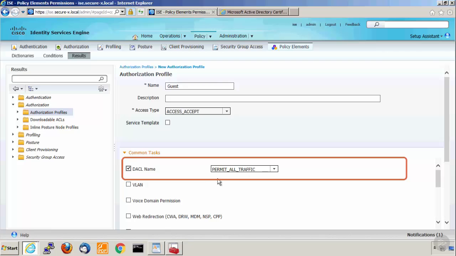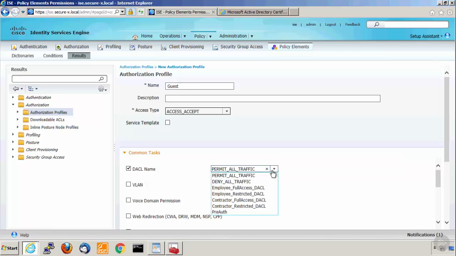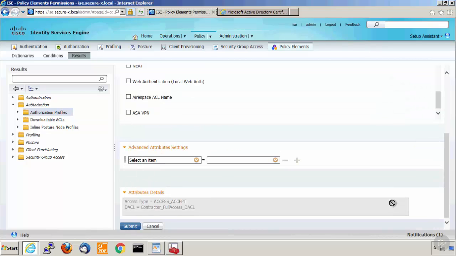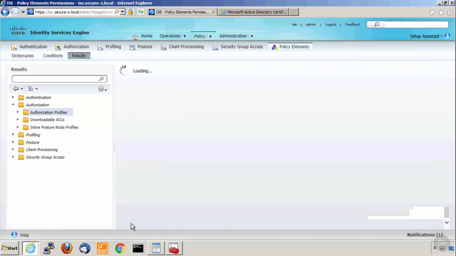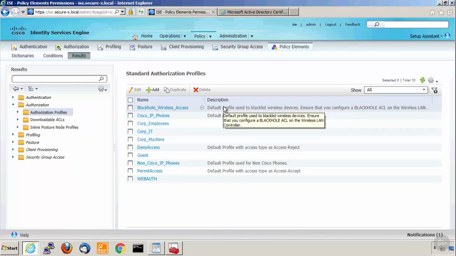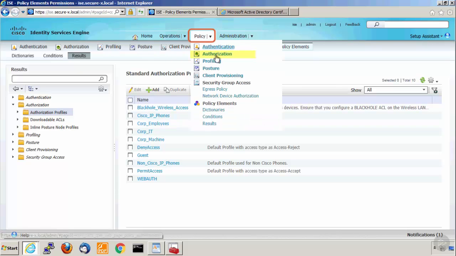And we're going to apply a DACL to them, and we'll just make them a full access contractor. And I don't need to push anything else down to them. That's it, because the web auth is already going to happen through our other authorization profile that's been created. Okay, so now what we're going to do is go back into our policy, authorization,